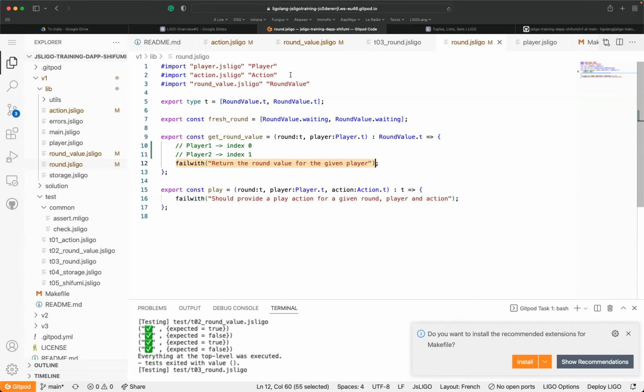Sometimes we cannot, or we should design differently. And in this implementation we cannot, so we have to go through player 1 and player 2 and recognize each one. Okay, 1 minute.